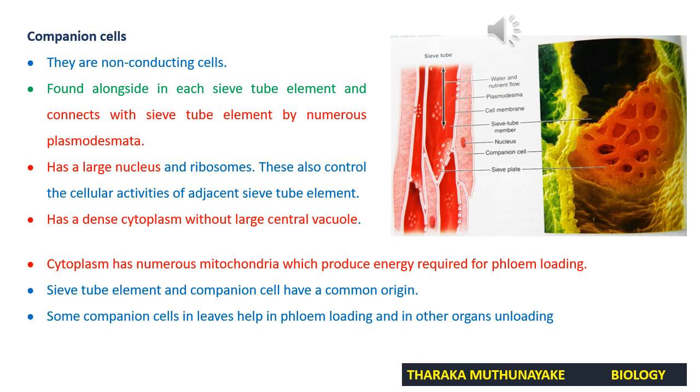So what is this loading? Actually, phloem loading is the main function of companion cell. You know that by photosynthesis, sugars are produced in photosynthetic tissues like leaves. They may be temporarily stored as starch within the leaf. When they are transported, that starch is converted to sucrose. That sucrose is transported inside the phloem sap. The sucrose and other components of phloem sap like amino acids, plant growth substances, and also some mineral ions. These are the components of phloem sap.